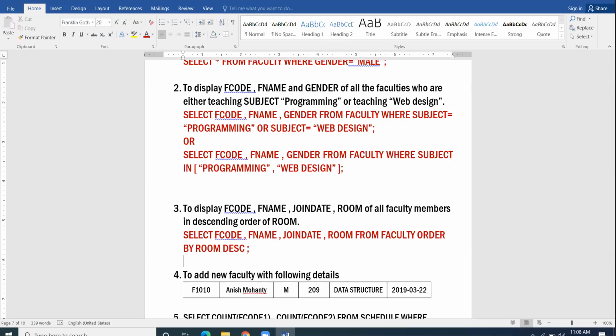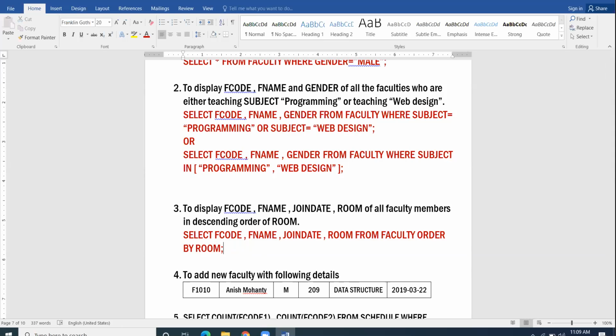The examiner is asking you to do the sorting in descending order on the basis of room. So whenever you are to perform the sorting in descending order, you will take the order by command, take the field on the basis of which you are to do the ordering, and write the keyword DESC for descending. If the examiner asked you about ascending, then simply terminate the statement by semicolon, because by default sorting is ascending.